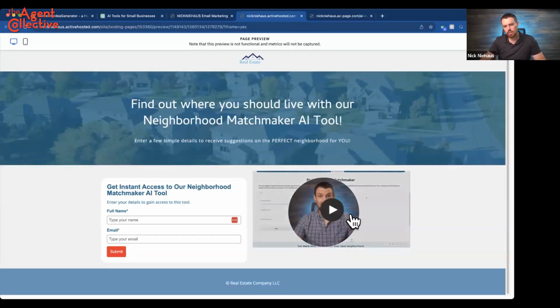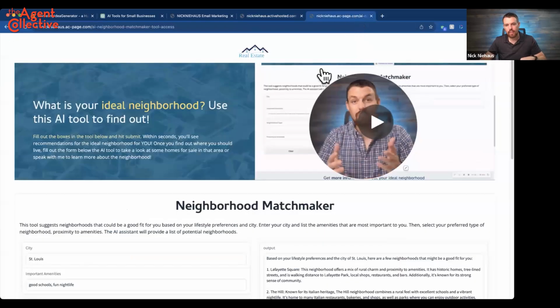Now, this video, which I won't play right now because we don't have a ton of time, is just me showing the tool and how it works. And then saying, if you want access to it, fill out this form next to me. Then they come to this page. This video is a little longer. It shows them how to use the tool in a little bit more detail. And the most important part is it also mentions that AI is not perfect, right?